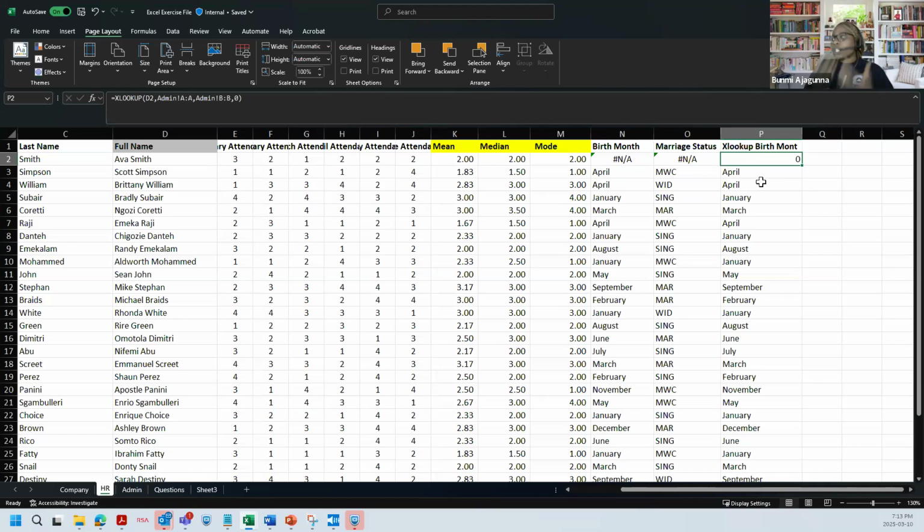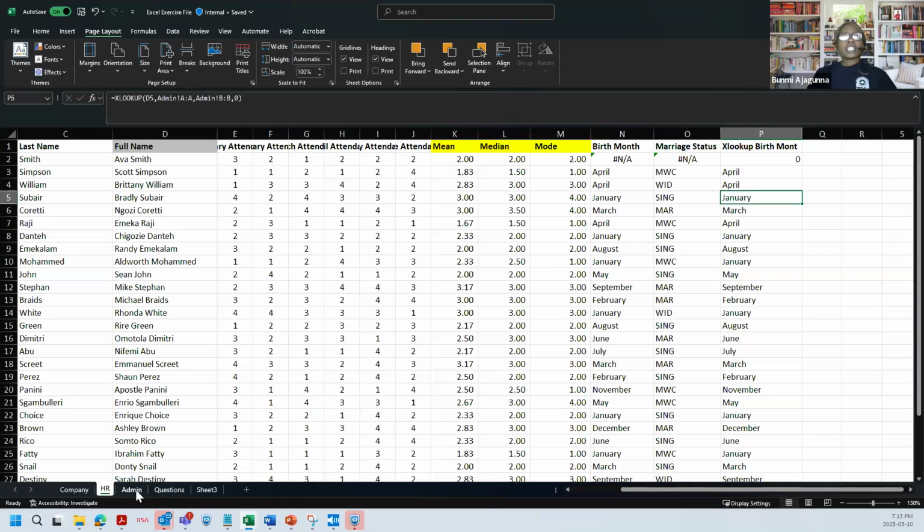So it all depends. For now, because it's words, month, day, and stuff like that, you could use either one because 0 cannot be a birth month. You would flag it immediately that, okay, there's an error here. But if it's numbers where you will have some people who are truly supposed to be 0, it would be hard for you to know whether there's an error or not with XLOOKUP. But that's just a few of the differences, personally, the reason why I like XLOOKUP over VLOOKUP or VLOOKUP over XLOOKUP. Generally, I think both can be used depending on your preference. So I hope this helps.